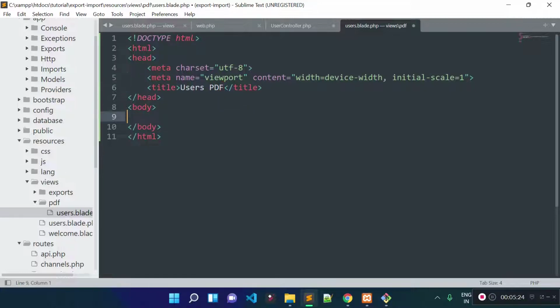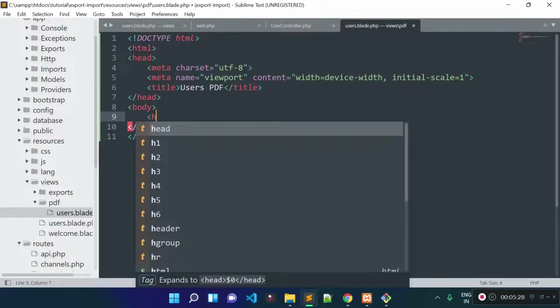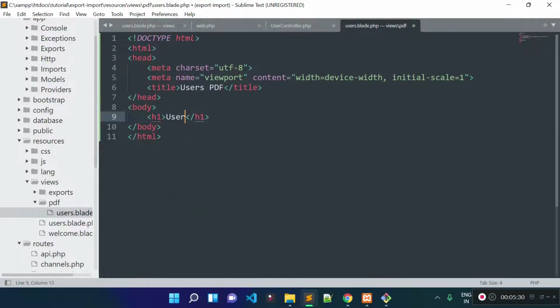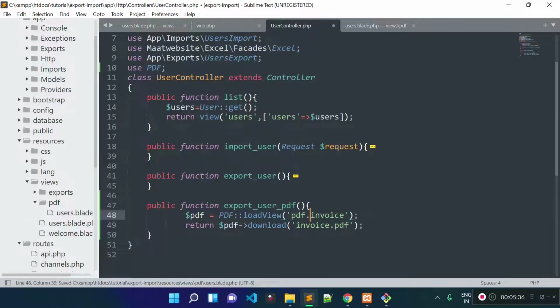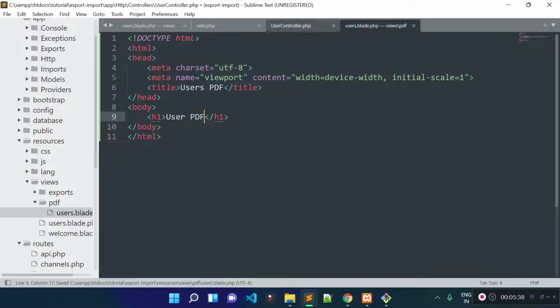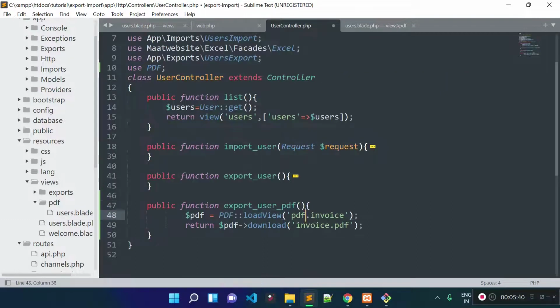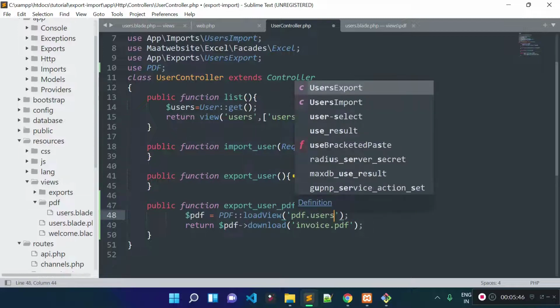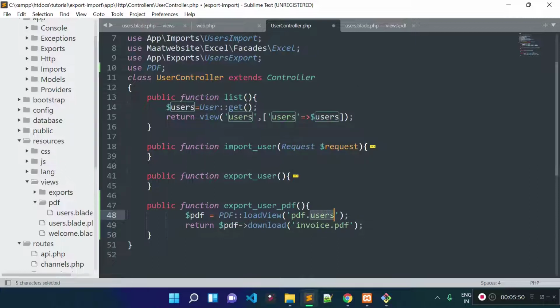Inside this body tag, for now I will provide an h1 tag, user list or users PDF. Then I'll provide this view file inside the loadView method. The file is under the pdf folder, and the file name is users. We do not need to provide .blade.php because this is a view file.